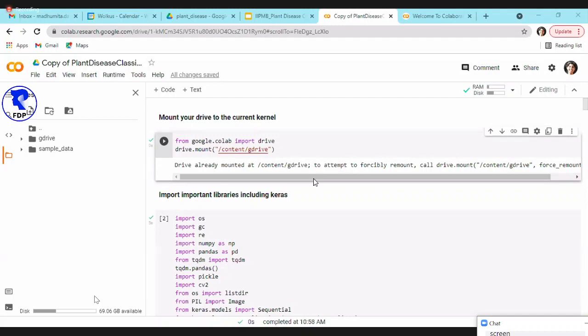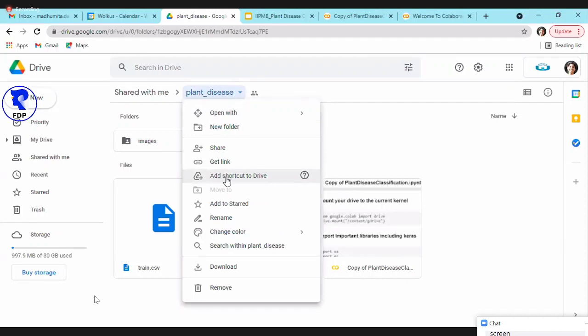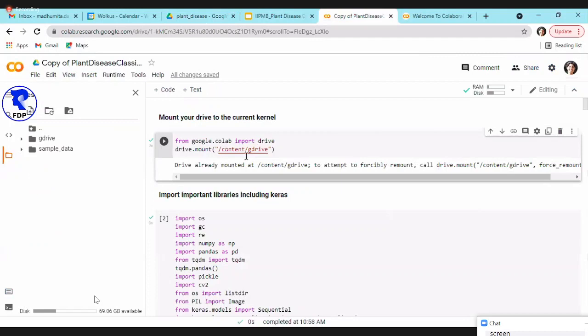File not found. Lalita, there could be two things. Either that data is not added to your drive. Make sure you have gone here, right clicked, and clicked on add shortcut to drive. And secondly, your Google Drive should show up here.